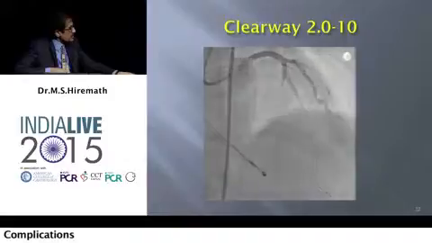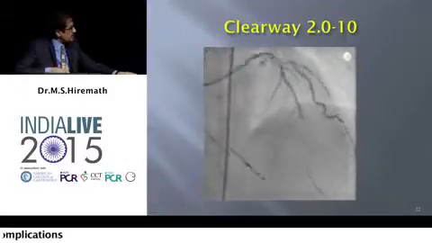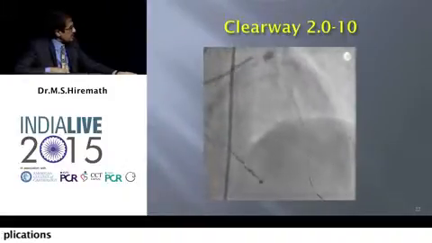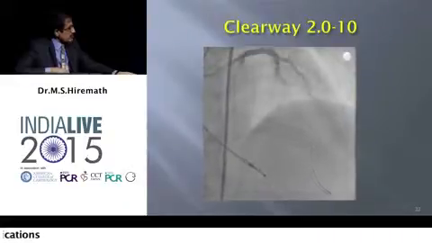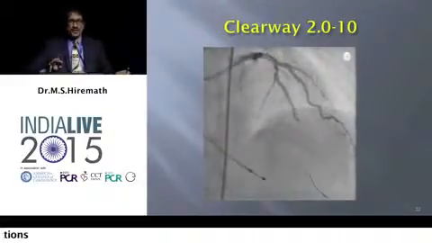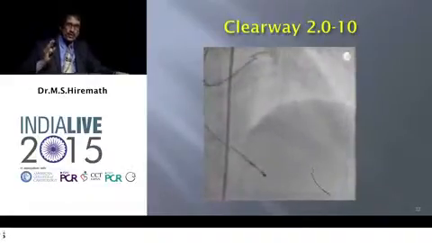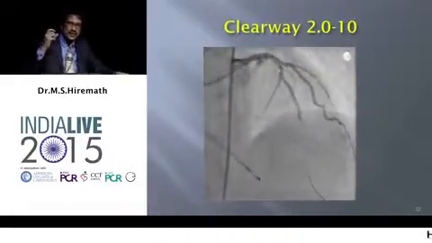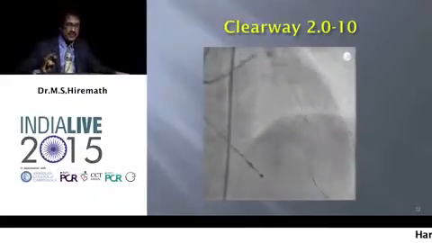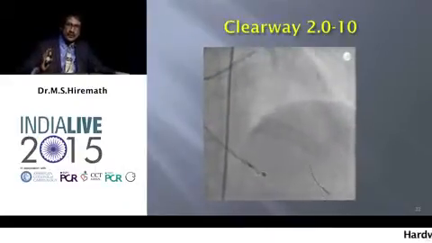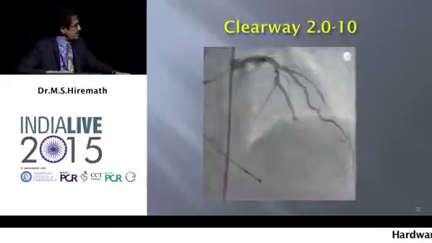So this is a Clearway balloon catheter, go forward. And again, this is perhaps the safest way. You can inject many things through a microcatheter, but remember all these are end hole. And if you inject, especially if you inject fast and not very carefully, you can produce dissection distally and create